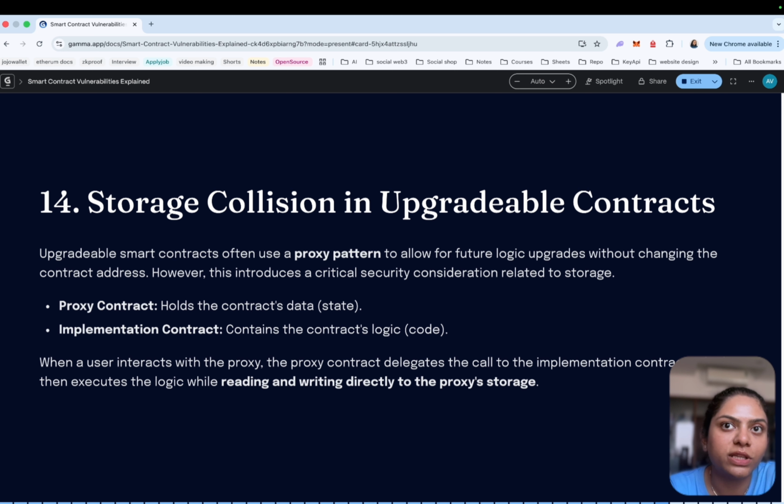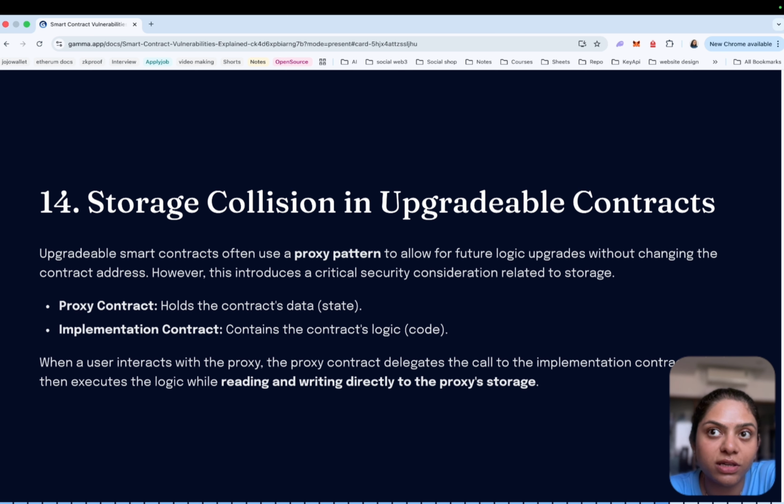Then another important vulnerability that appears in upgradable smart contract systems is storage collision. To understand this problem, we need to briefly revisit how upgradable proxy contracts work. In proxy architectures, the proxy contract stores all the data, while the implementation contract contains the logic.